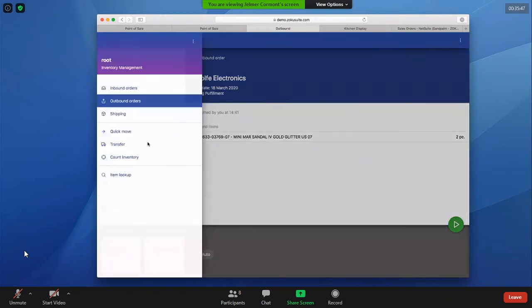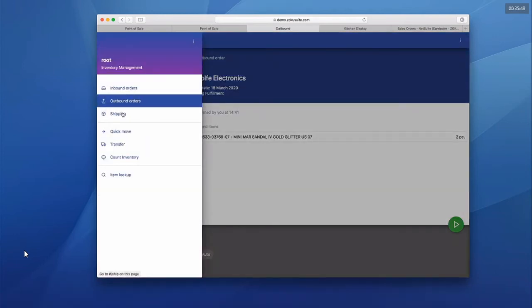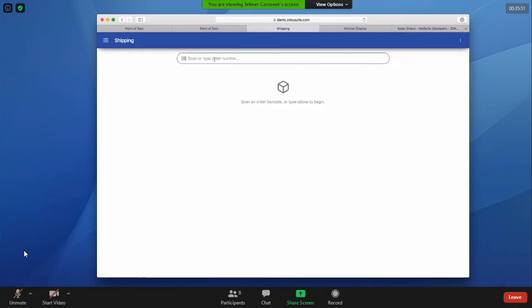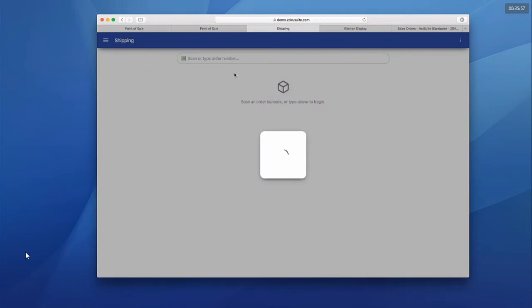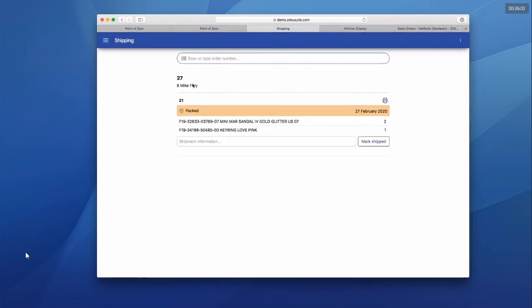So that's fulfillment. And then there's also a separate shipping step where I can take a particular order that I might have picked and/or packed, it doesn't really matter, and then you can ship that one. This deals with the pick, pack, ship in NetSuite, which is optional. Here I've loaded this from NetSuite, and there's one fulfillment for this particular order